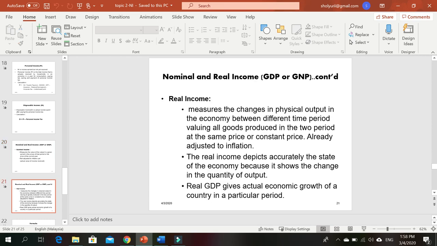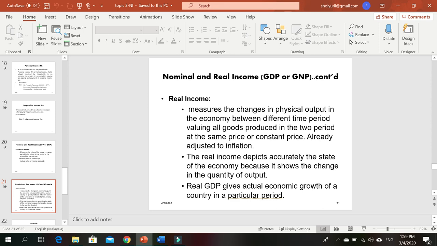While untuk real income pula, it measures the changes of physical output in the economy between different time periods, valuing all goods produced in two periods at the same price or constant price. Keywords dia kat sini, same price or constant price. And for real income, specialties dia adalah dia already adjusted to inflation. The real income depicts accurately the state of the economy. So kalau you nak compare between 2 years, for example 2017-2018, nak tahu whether the country is having growth or